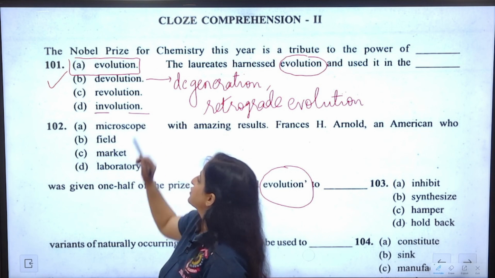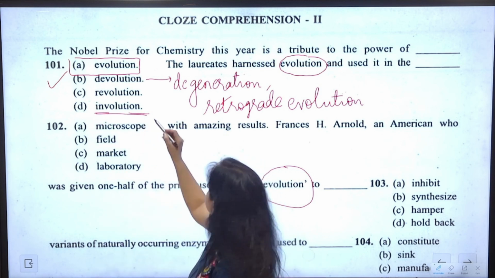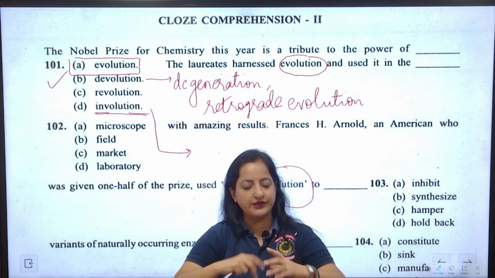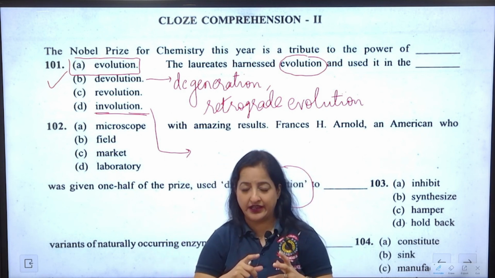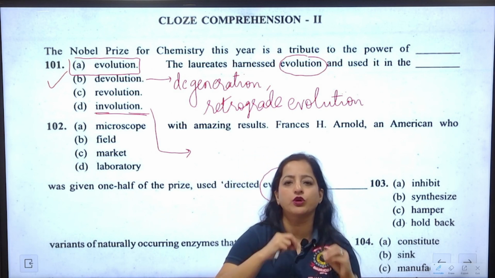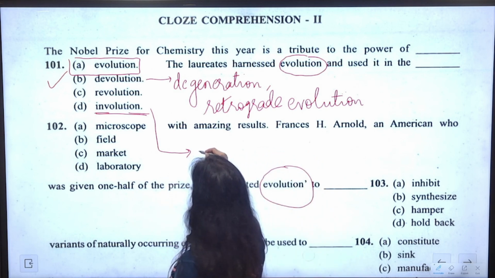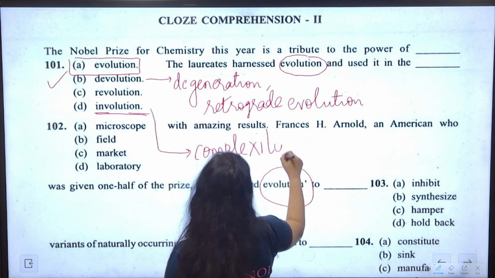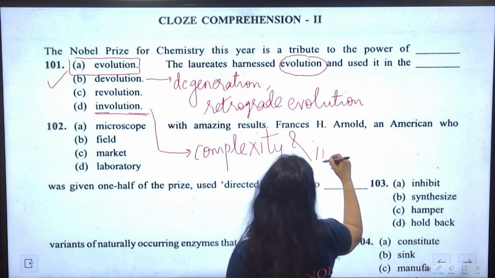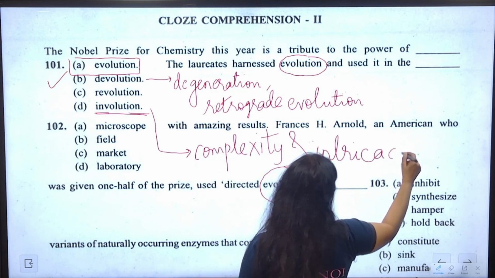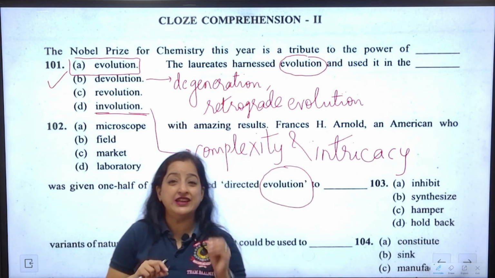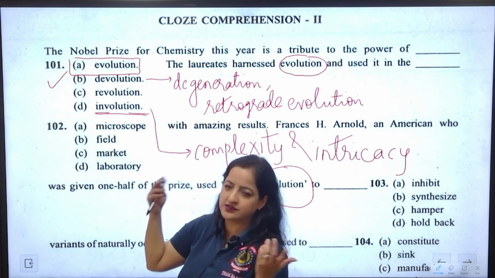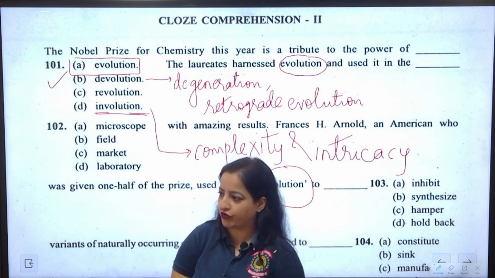And you know what's involution? That's another vocab word for you. Involution is the complexity of something. If something is involuted, it is very complex and intricate, और काफी उसमें बारीकियां हैं और बहुत complex है. So therefore, involution is complexity and intricacy of something. When I say intricacy, I mean lot of minute details are there. उसको involution कहते हैं. Anyways, our answer was a very easy answer. Evolution, passage is talking about that.